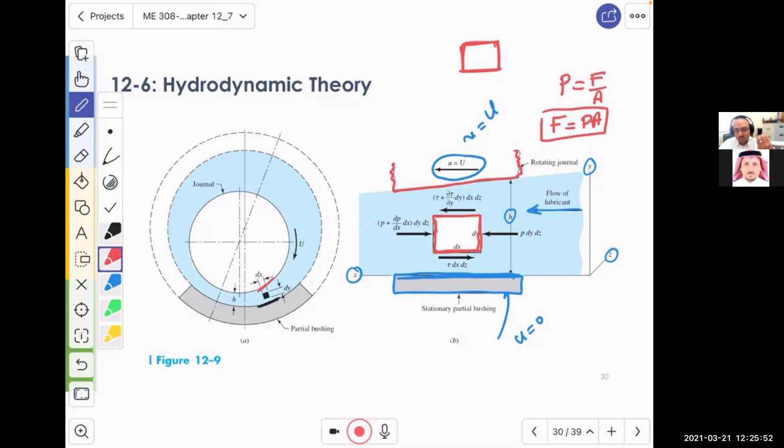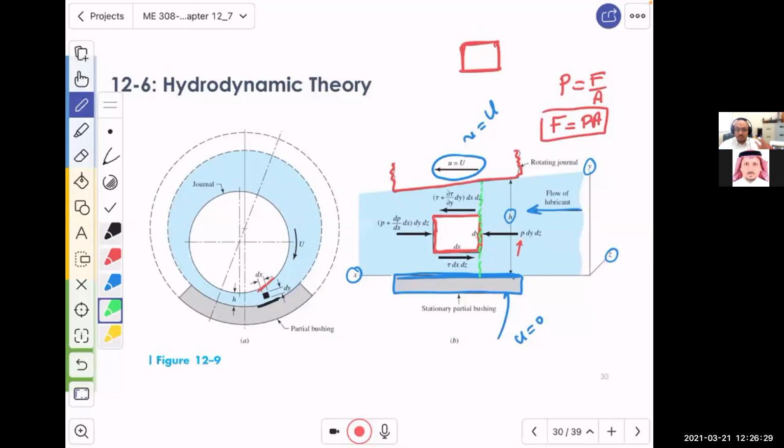Why? Because all you need to do now is to tell me what the pressure is, which, by the way, is the same as the stress, right? And if you tell me the pressure or the stress, and you multiply it by the area, I will know the force, period. That's all. And then I will sum up the forces. So what I'm going to do, if you look in here, the pressure at this line, look, ya shabab, this line,